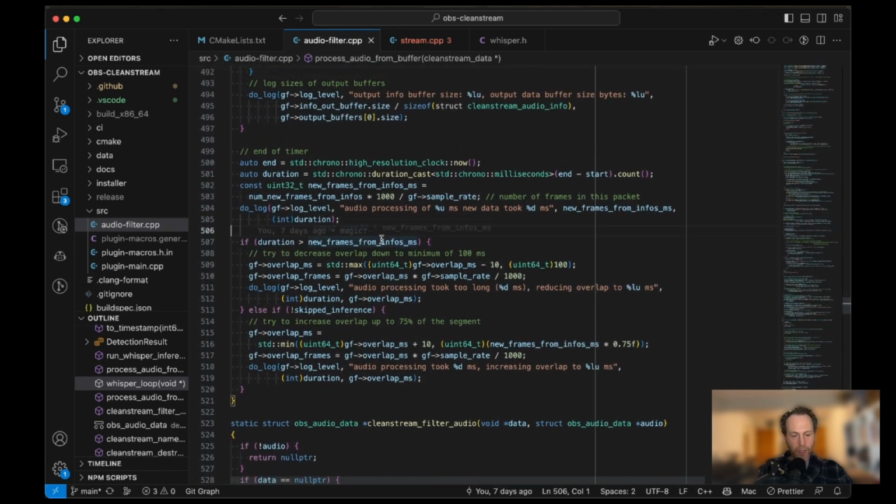In here, I am doing some heuristic about the overlap region. So if Whisper took more time to process than the incoming data, let's say we have 700 milliseconds to process, but Whisper took 750 milliseconds, I would want to reduce the overlap region so that we process more new data with a smaller overlap, so that we save up on time a little bit for the next run. So I'm reducing my overlap region by 10 milliseconds, and capping that at a minimum of